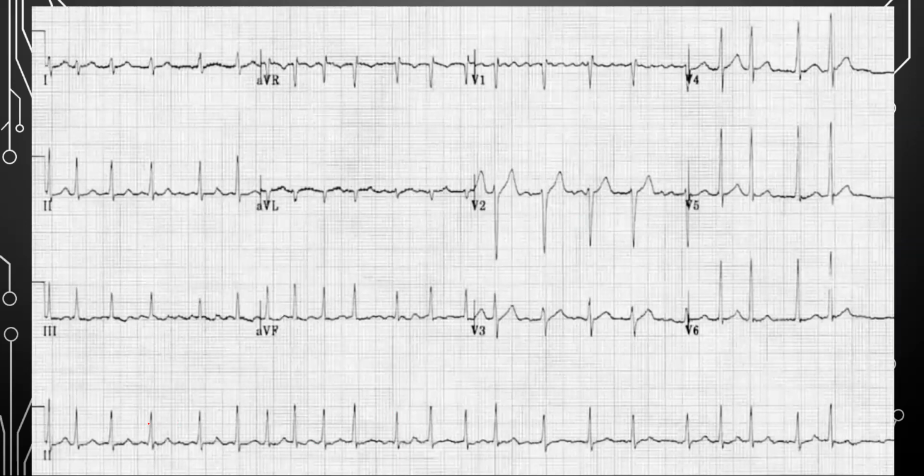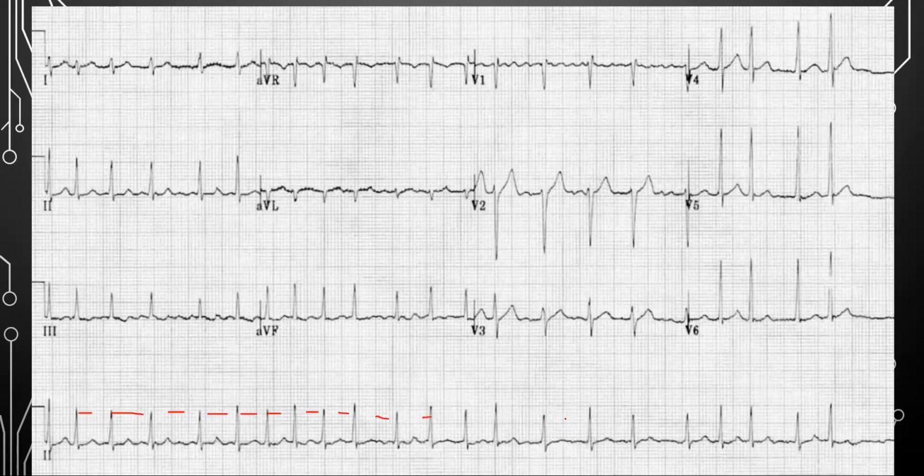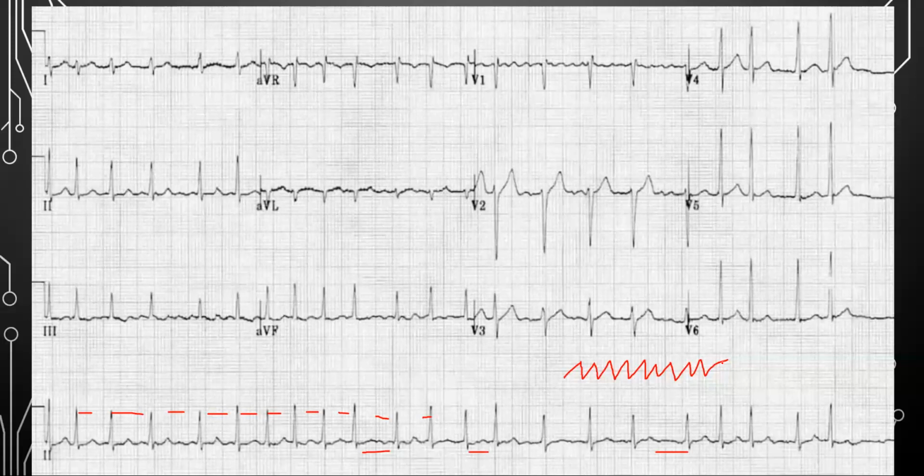In this case, you can see that it's an irregular heart rate. Now, it will be a little difficult to say whether it is atrial flutter or fibrillation, but if you see here, this is more of a fibrillatory wave than a sawtooth appearance. Same here, same here. If it was a flutter, it would be like this. You will see the sawtooth appearance very prominently. So I would rather say it's atrial fibrillation rather than flutter.